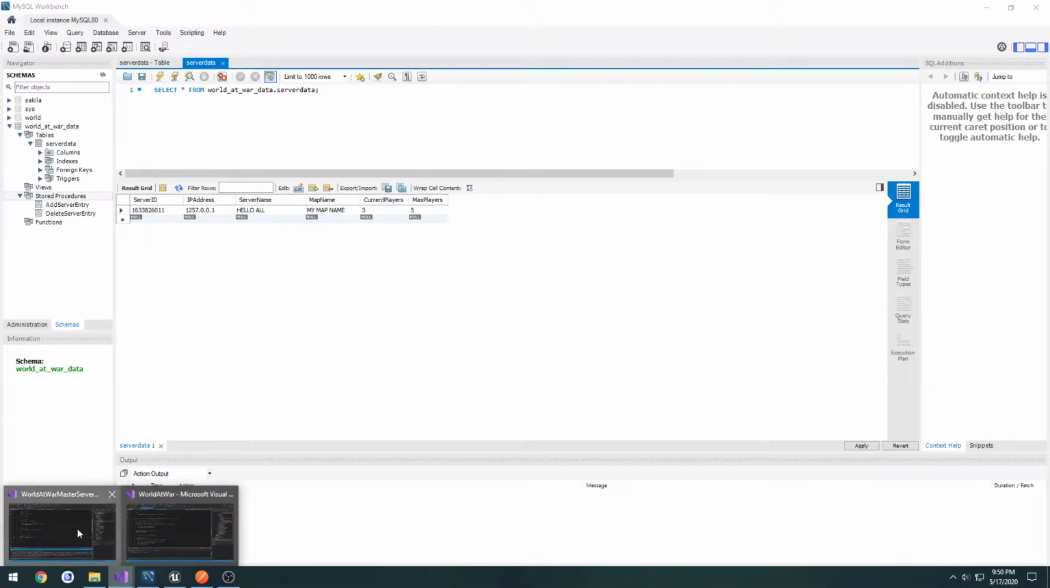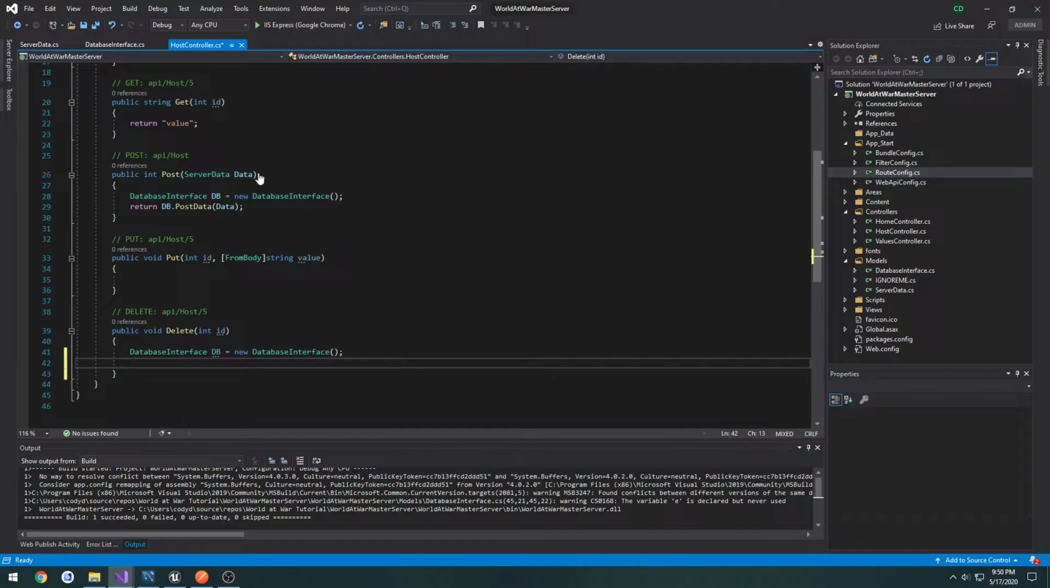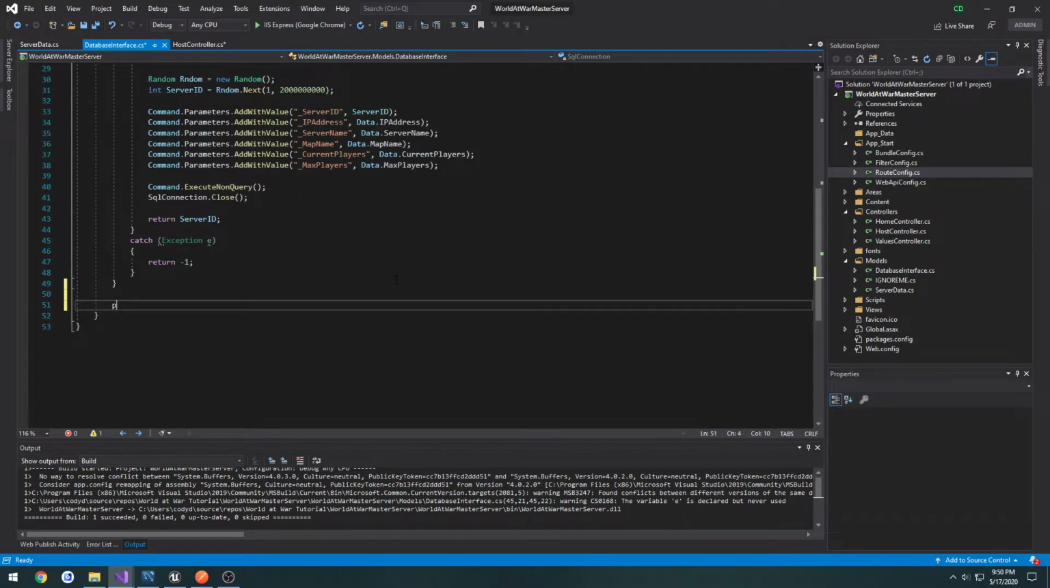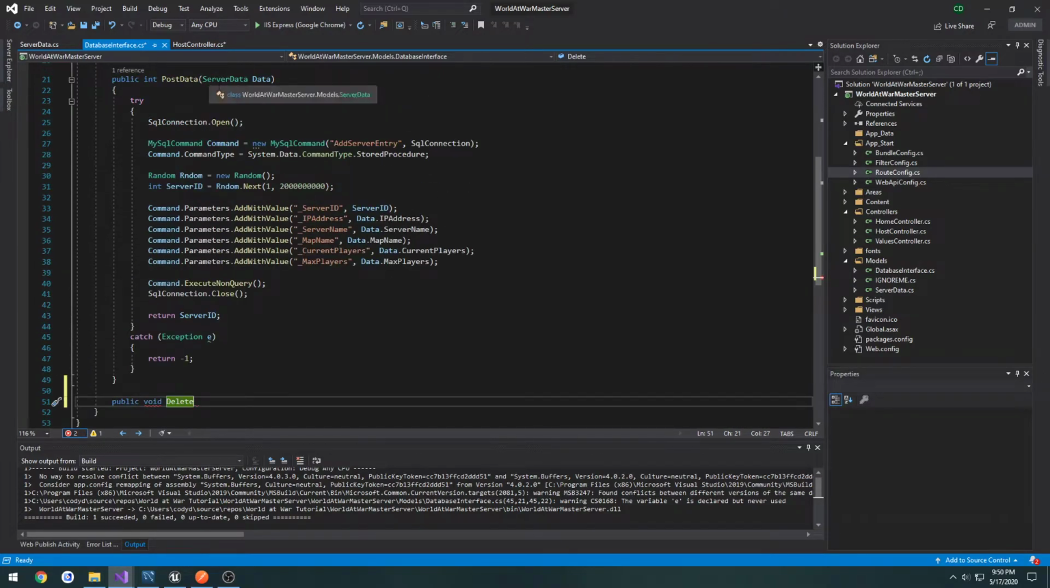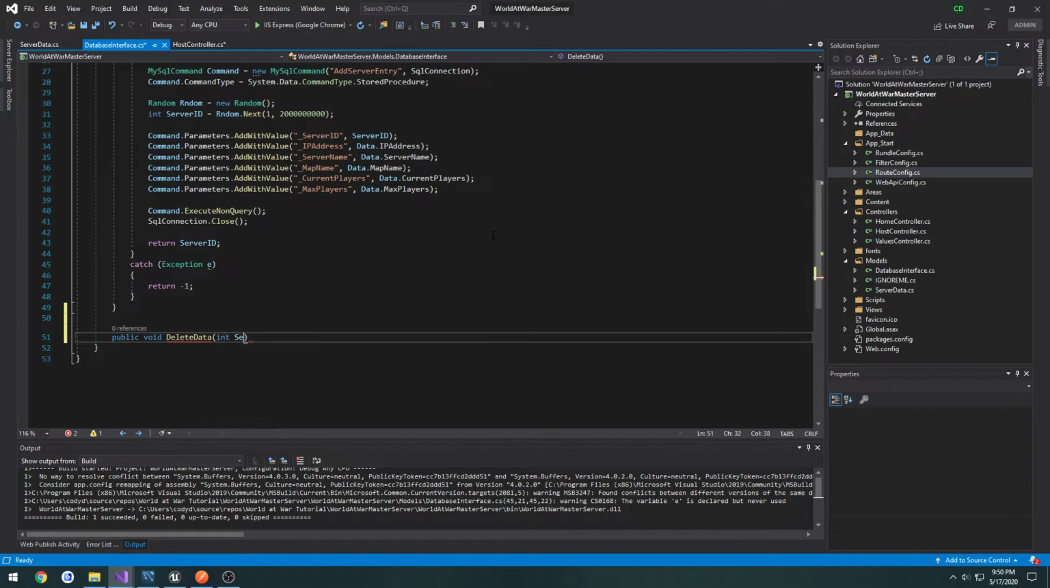So the way to do that is we go to our master server, we find the delete portion. So here's where we want to go ahead and create the database interface, and we want to create a function in it called, we're going to do public void delete. Let's see, that one's post data. Let's do delete data,